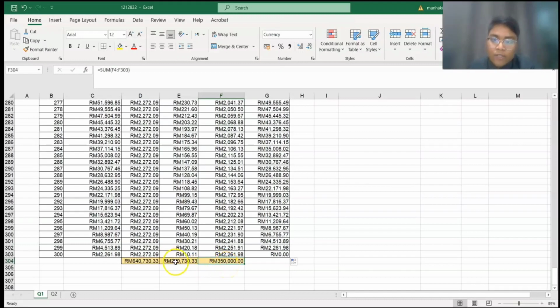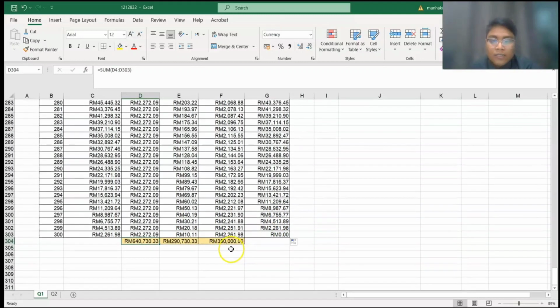The interest paid is 290,730 ringgit, while the total payment made by Alia is 640,730. So this indicates that Alia